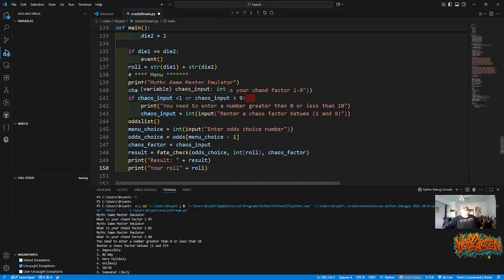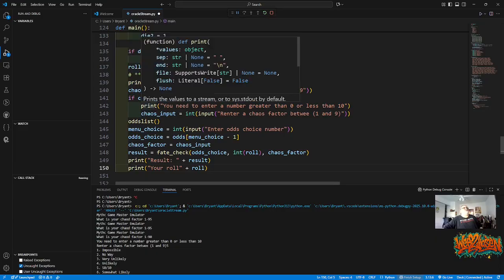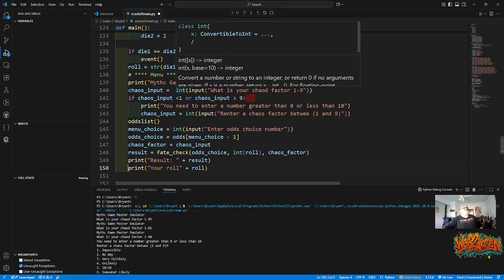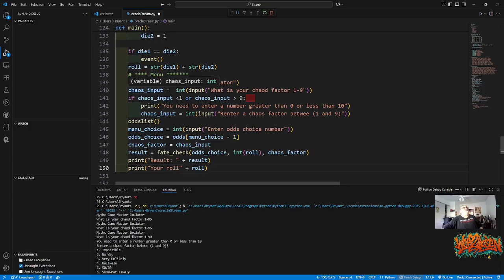So basically every time it was either going to skip this and keep going back to this, right? Skip this, go back to that, skip this, or it would skip this, go into this one, and then it would do it. So now let's Control S,